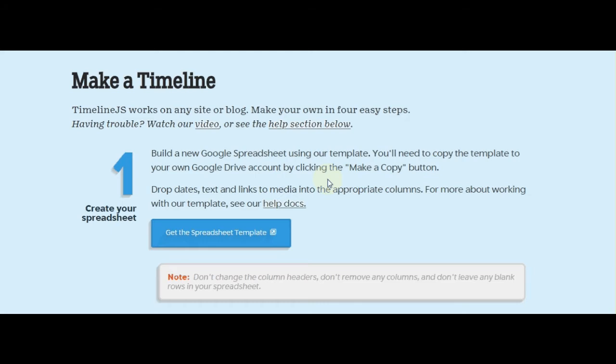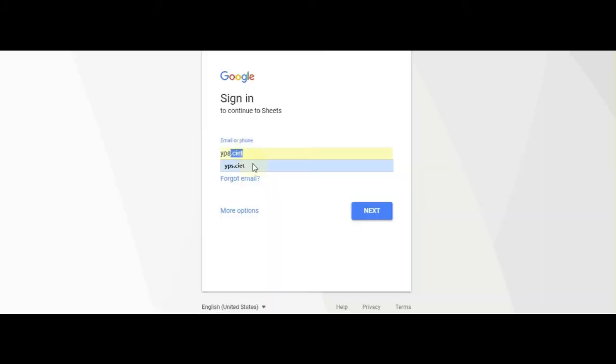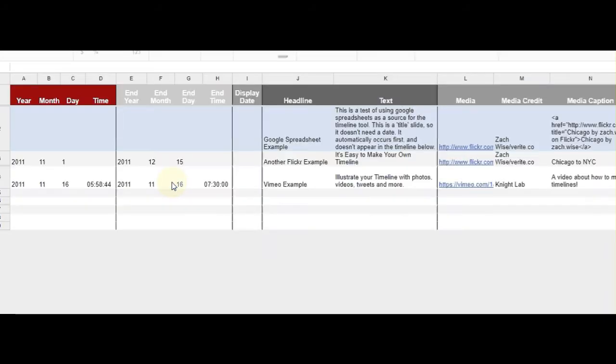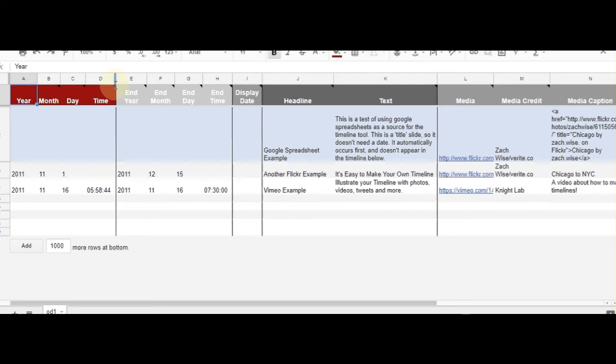It will ask you to sign in with your Google account. Click on make a copy of this template. Now you have this template for creating an interactive timeline, which is available in your Google Drive. So first of all, change the title. Say for example, I am making one on Darwin,